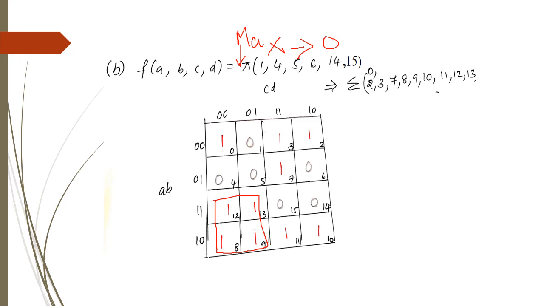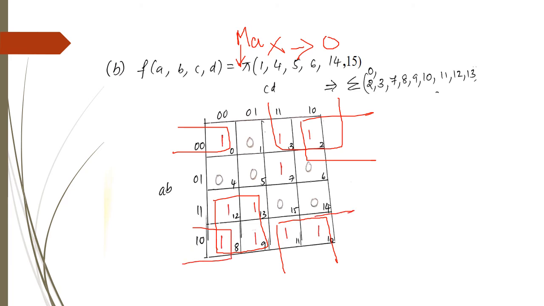First I'll check for 8 cell grouping, which is not possible. So I'm going for 4 cell grouping. If you check, these 4 cells can be grouped together, and I am left with 1. My intention is to group the maximum possible cells, in which case my expression will be reduced faster. This is how we can do it, and the last grouping is I can group this 3 and 7.